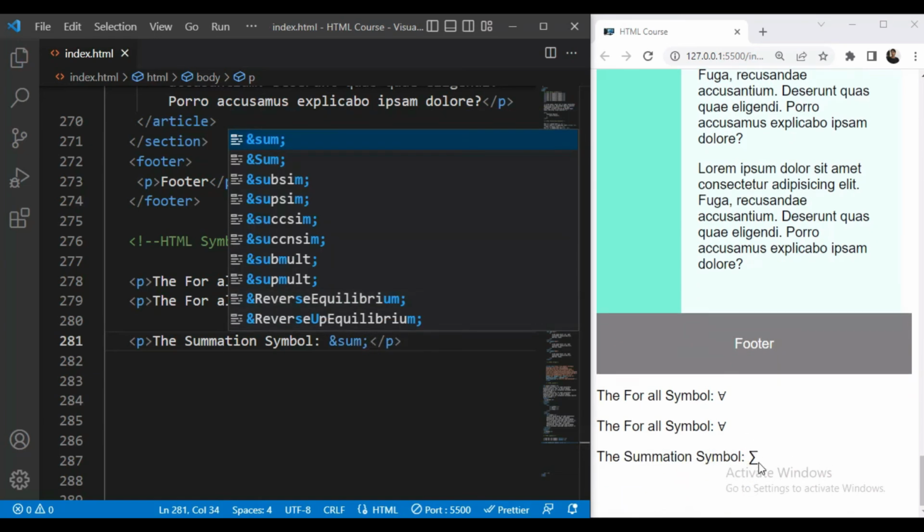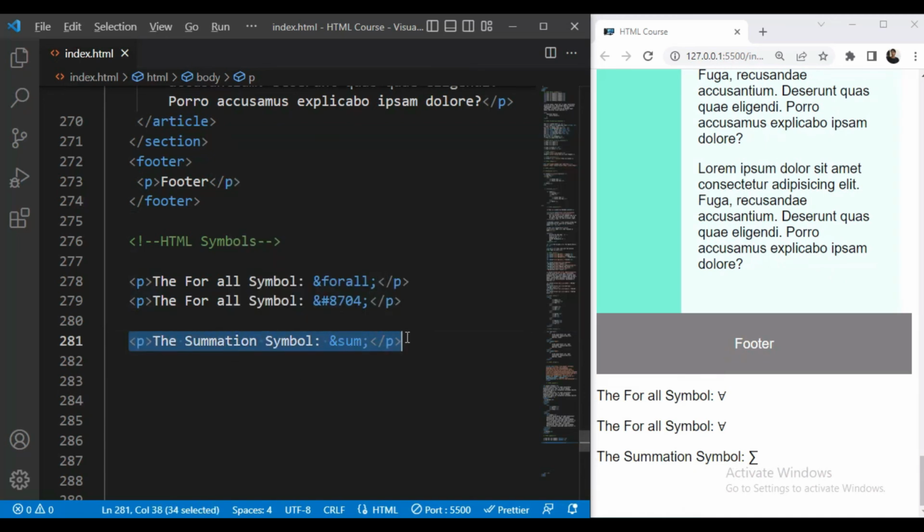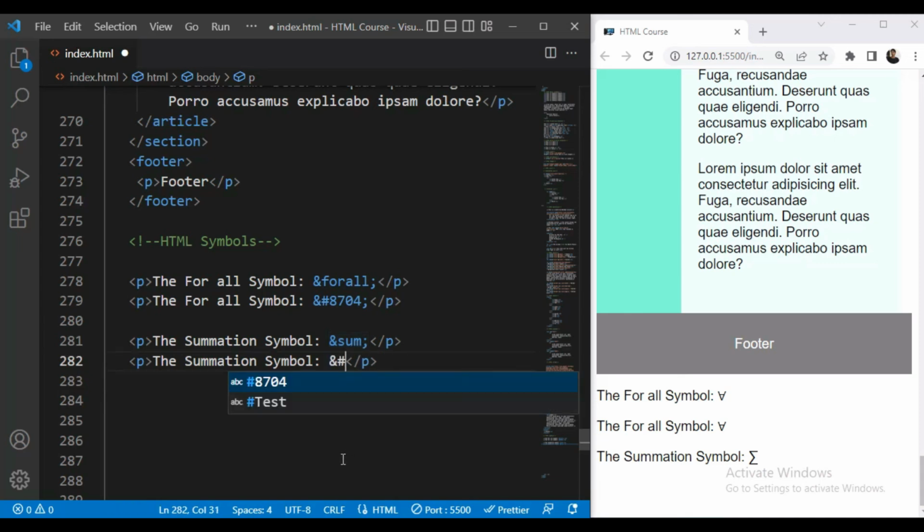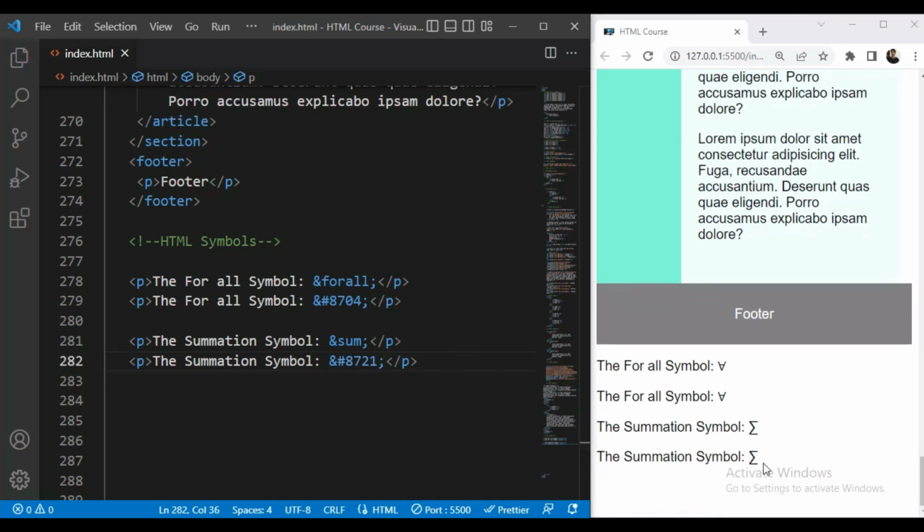You can see the summation symbol. Then we will use the number. We will write &#8721; semicolon. You can see the summation symbol with the help of entity and number.